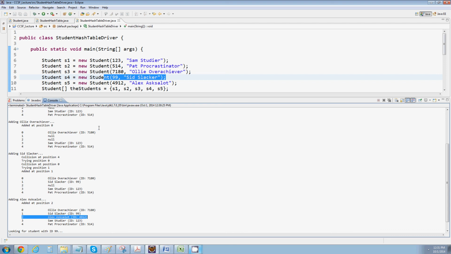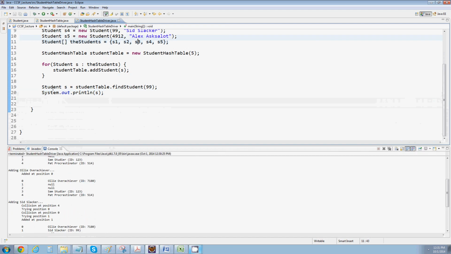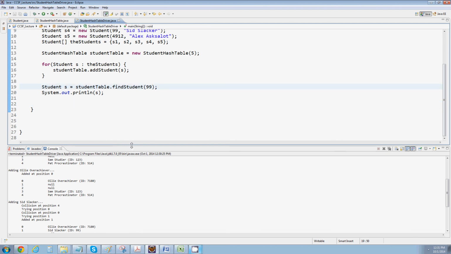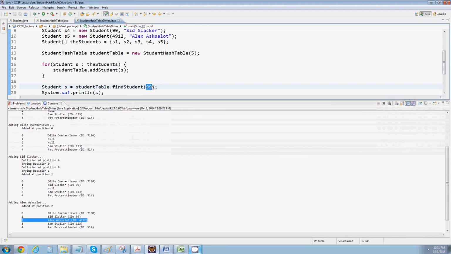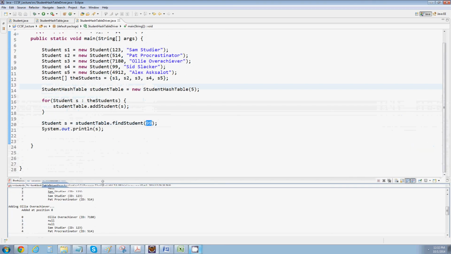But now we have, in the rest of our driver program here, remember we tried to find the student with ID 99. So in our find method, what we did is we just find the hash code 4. We go and we look in our table position 4 and we say, okay, return that student. But now that's not the right answer anymore, right? Because in position 4, it's Pat Procrastinator, and that is not ID 99. So in addition to updating our add method, we also need to